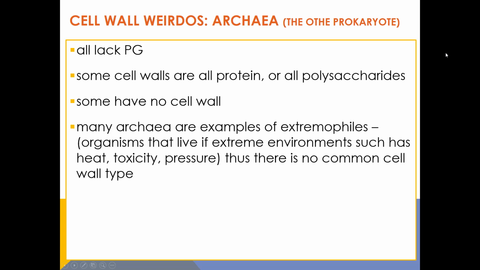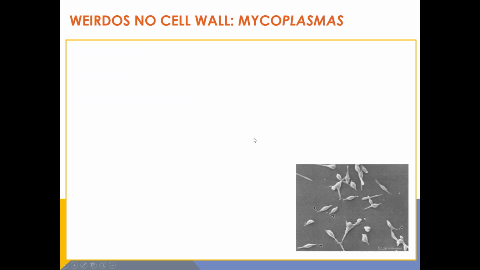Now, one more, and students always mix these up, which is why I put archaea in the middle there. We're back to bacteria. These are mycoplasmas. This is a genus of bacteria, mycoplasmas, and I want you to pay attention to plasmas. These are different from mycobacterium. These are mycoplasmas. These organisms have no cell wall whatsoever. They are just a plasma membrane or a cell membrane. If you have no cell wall, you have no defined shape, you are pleomorphic, many shapes.